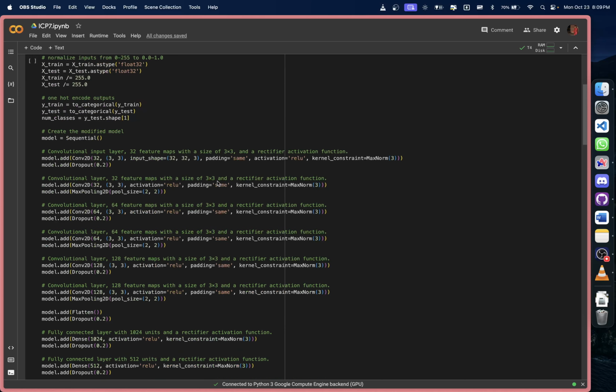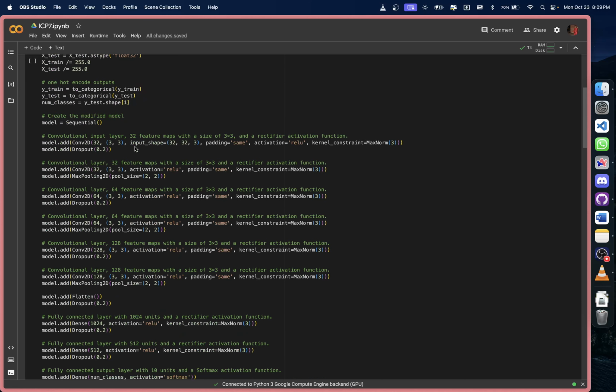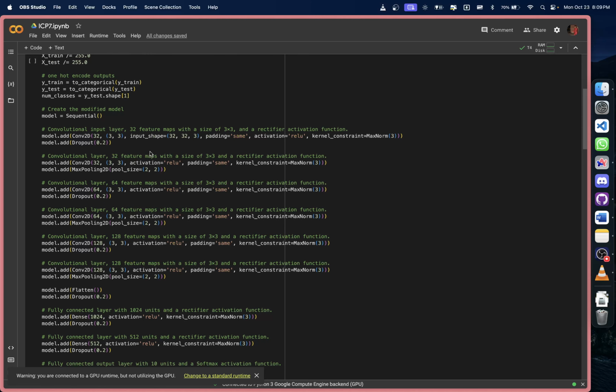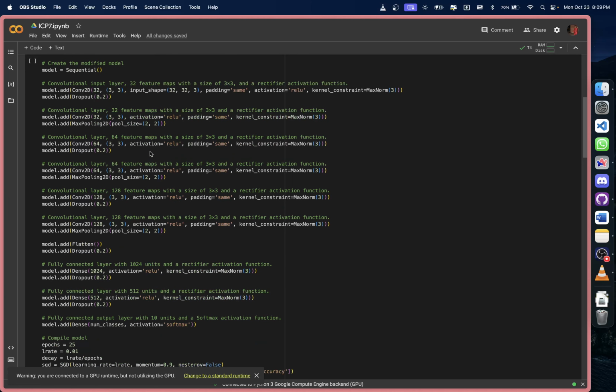mentioned, like the convolution input layer with 32 feature maps with a size of 3x3 and a rectifier activation function, and also a dropout layer of 20%, and again a 32 feature convolution layer with a size of 3x3 and a rectifier activation function, but also a max pooling 2D size of 2,2, and likewise again a 64 feature map with the same features and a dropout of 20%,